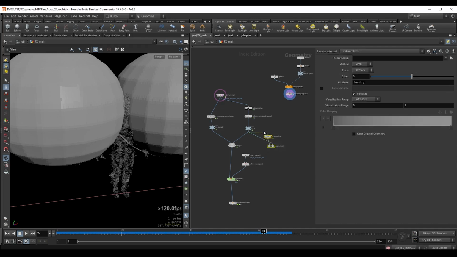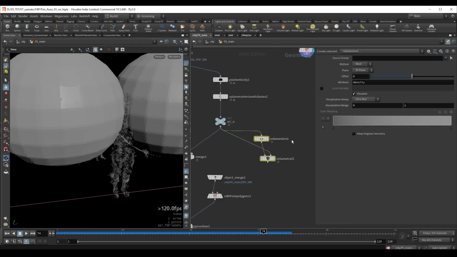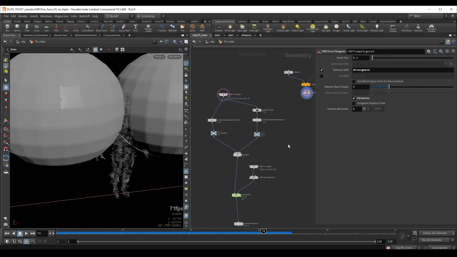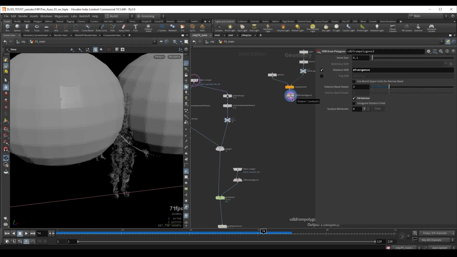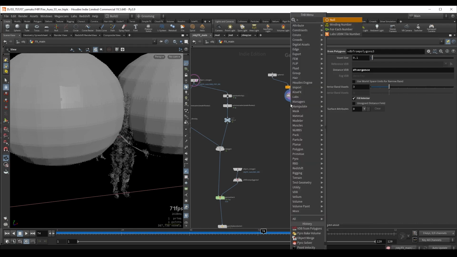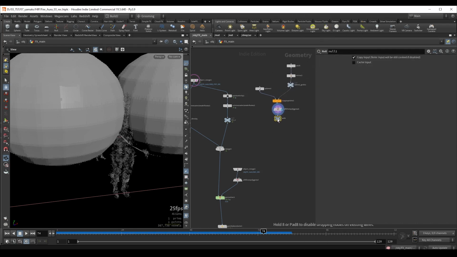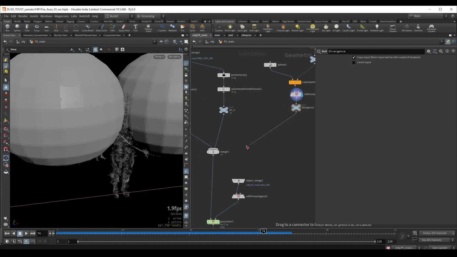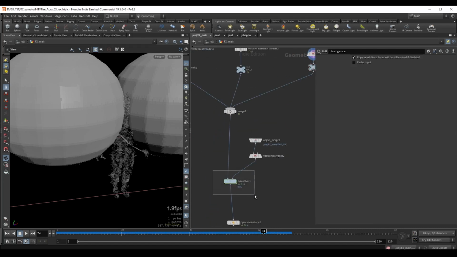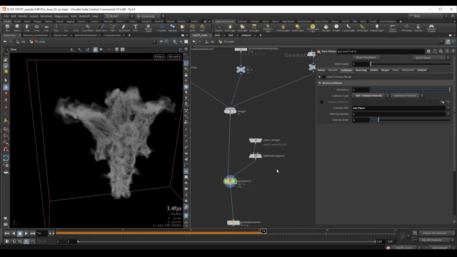I'll go ahead and grab both of these nodes with the volume slice and volume trail and delete them. So this was only for visualizing our velocity field. I will grab this merge and just bring this up, and now I can plug this VDB from polygons. Let's maybe just drop a null here to keep things organized, and this will be my divergence. Alright, and I will plug this in our merge, and now in our Pyro solver, let's go ahead and reset